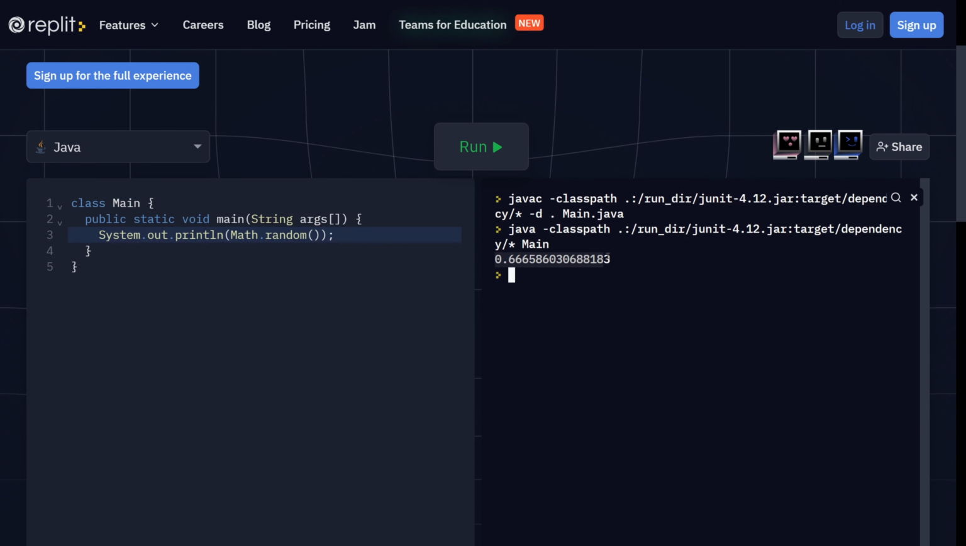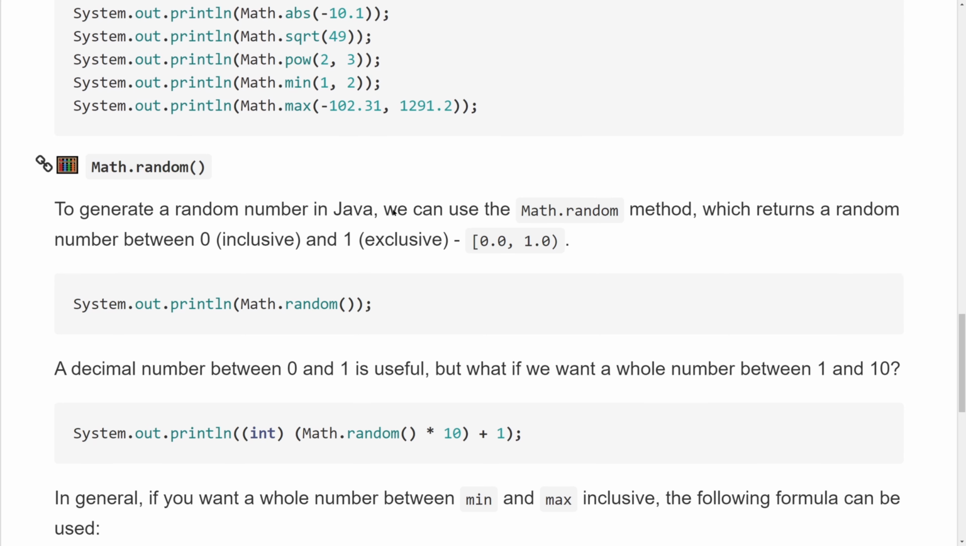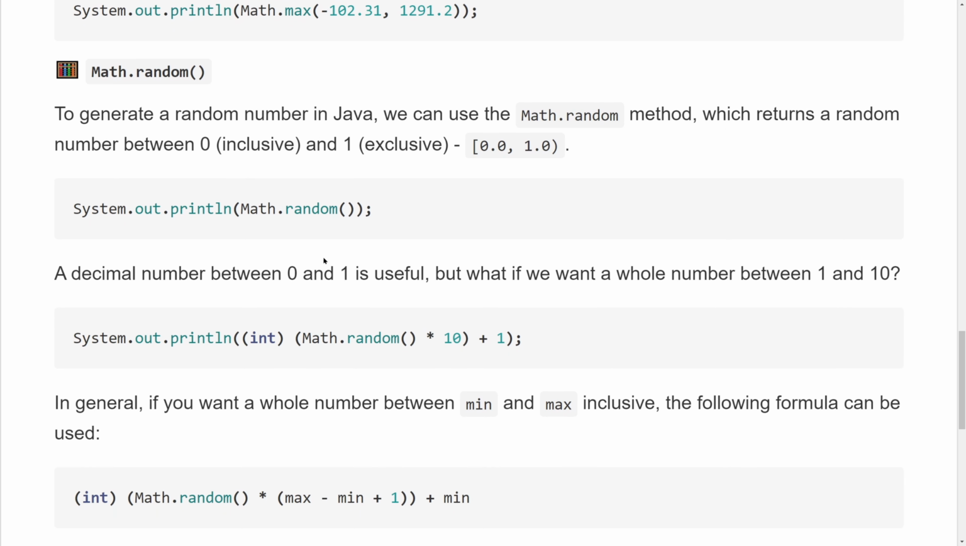We'll get a different number every time we run this method, and we'll get another number this time as well. This is pretty useful when we want to generate a decimal number between 0 and 1. But what if we want to have a whole number between 1 and 10, say for a random number guessing game? Well, what we can do is, first of all, call this method and multiply it by 10,